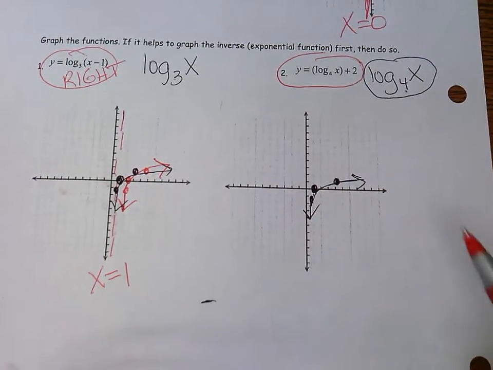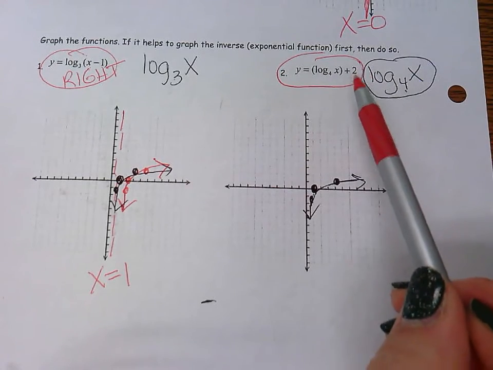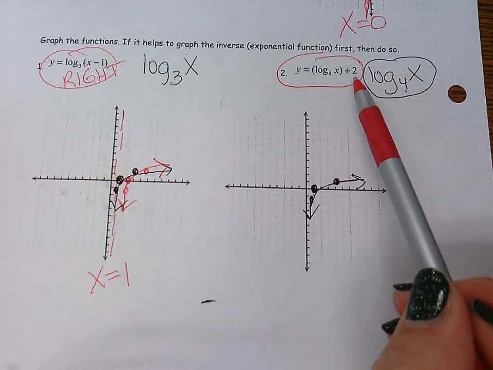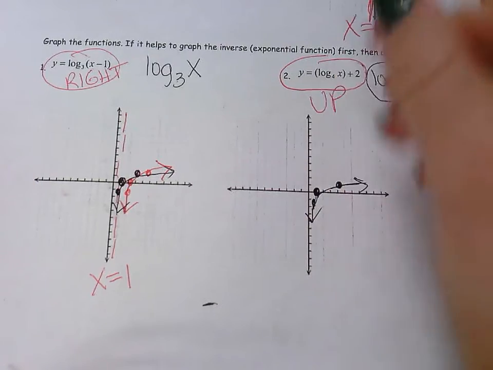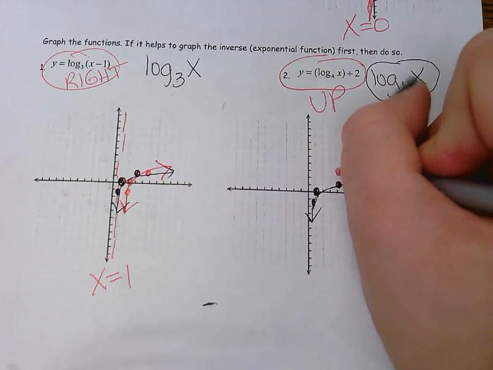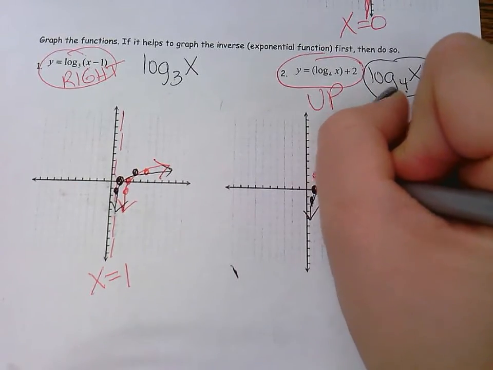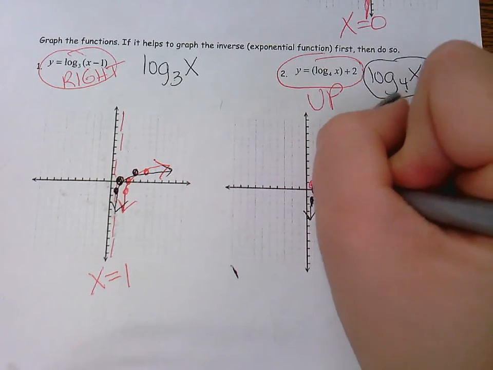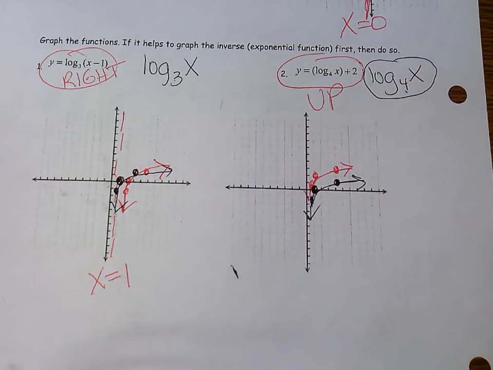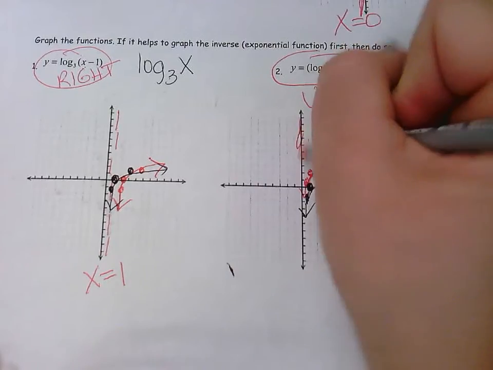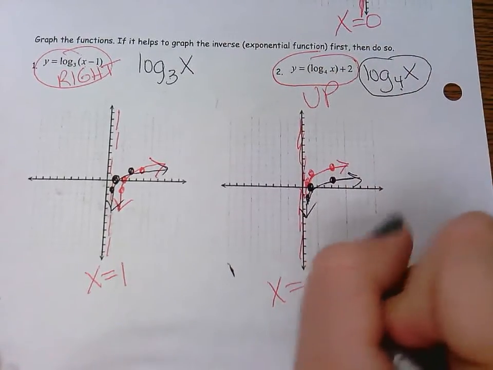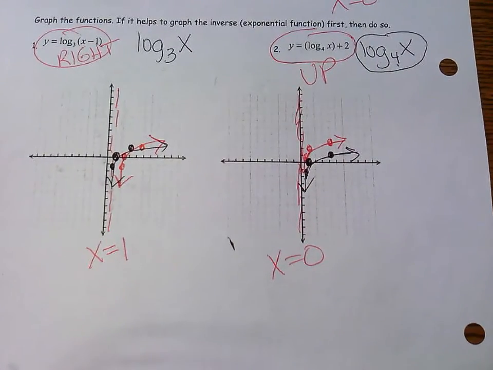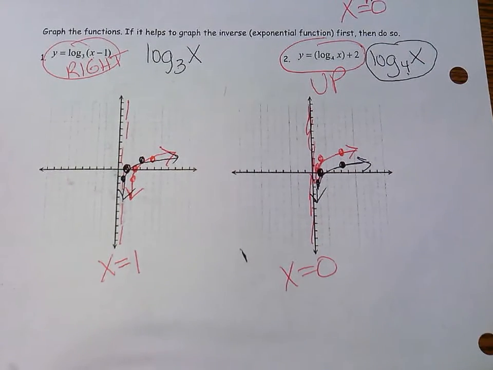What does this transformation do, this +2 right here? Up 2, yay. So I'm going up 2. So 1, 2, put a dot, 1, 2, put a dot, and 1, 2, put a dot. So I just went up 2. My asymptote didn't move, right? My asymptote would still be at x equals 0 because I didn't move left or right. So maybe we've kind of got the idea a little bit of graphing